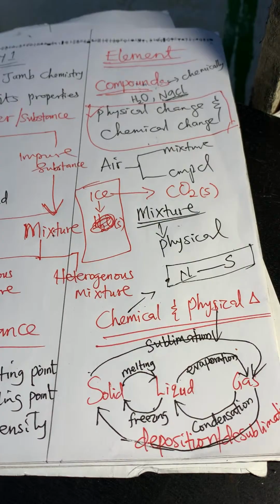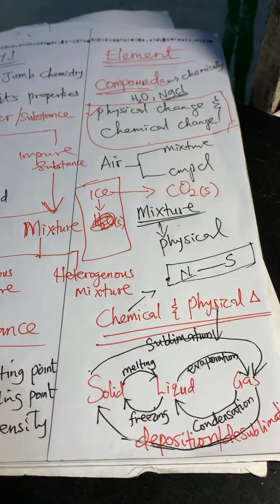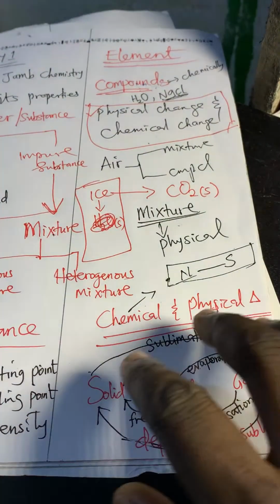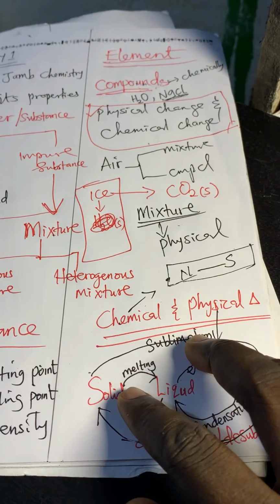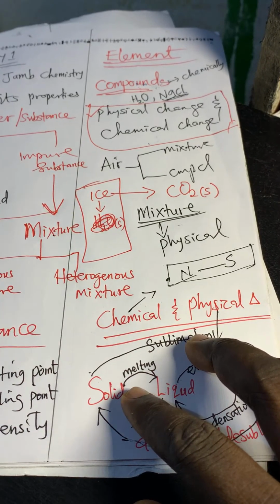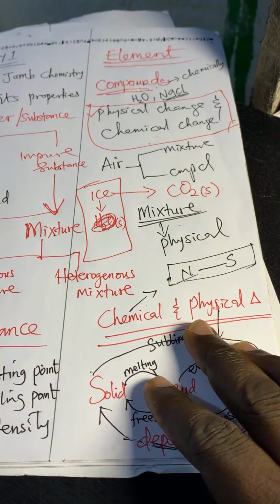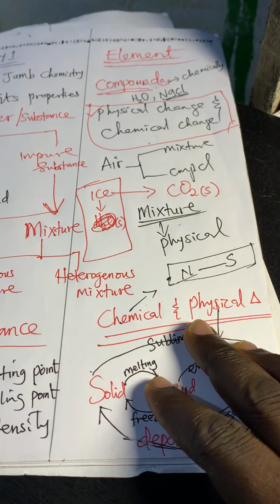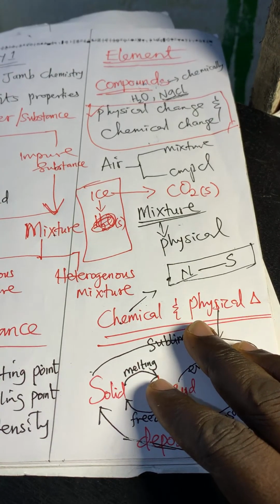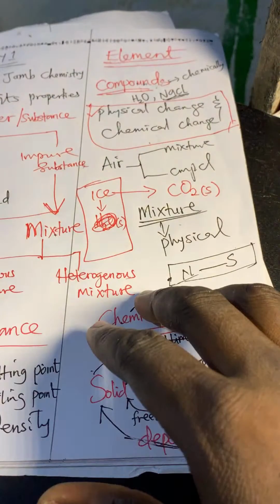I want to talk about separation processes, but before that, so that it will not look as if we are rushing, I want you to understand: matter is anything that has mass and occupies space. Weight is the force on a body due to gravity. Weight and mass go hand in hand, but simply put, the influence of gravity on mass is called weight.